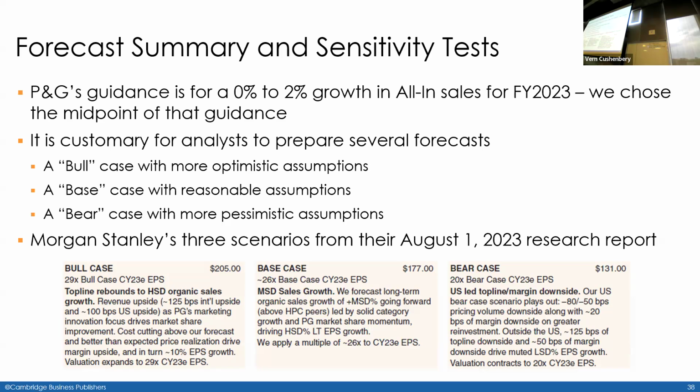And not only do we factor in 3% growth instead of 2% growth, but with that 3% growth comes scale and a likely margin expansion from, I'm just making these numbers up, 10% to 12%. And if both of those two things happen, we can forecast that out through our discounted cash flow analysis and calculate a price target of 205. Compare that to a base case where we're basically using management forecasts that gets us a price target of 177,